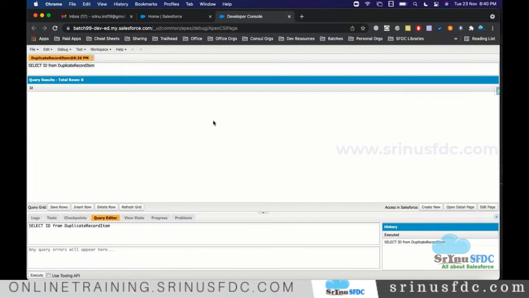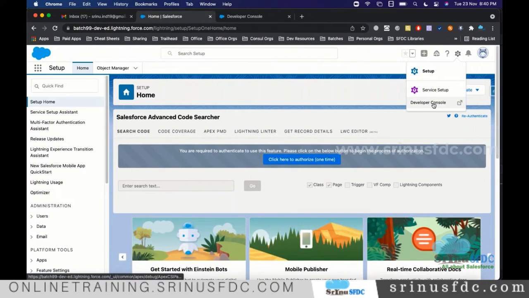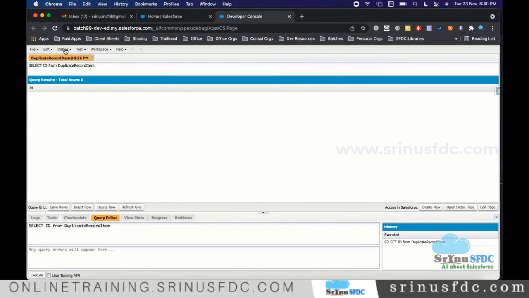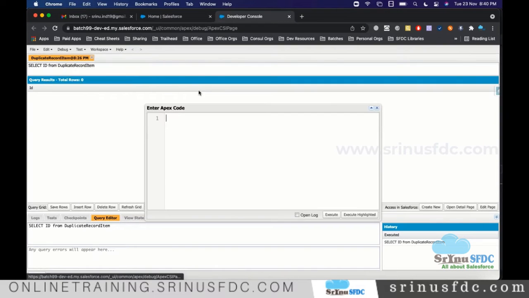For this, all you need to do, once you log into Salesforce, is go to setup and open the developer console. Once we open the developer console, click on debug. The first option, open execute anonymous window. Quickly define and test. Integer, I'm giving like this. Try to execute. It will throw an error if there is a problem with the syntax.